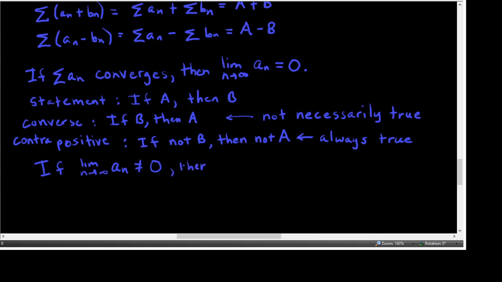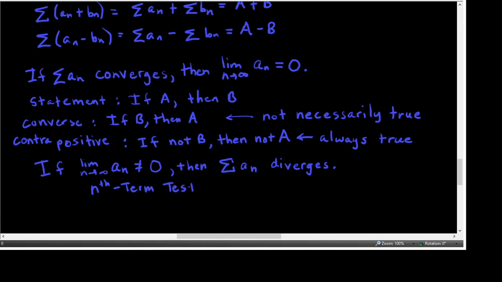Then now we're going to negate the hypothesis of that statement. What is the negation of the series converges? We can say it does not converge, and that would be true. Or you could, in one word, say that it diverges. So right back here, if you want to say does not converge, that's true, or you can say it simply diverges. This is always true. And in fact, this is what we call the nth term test